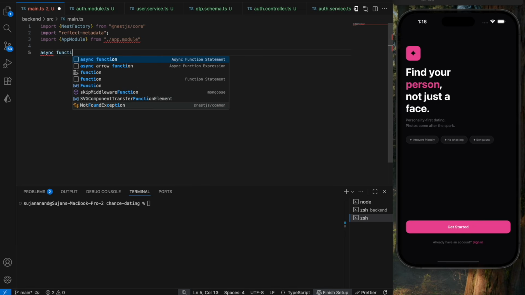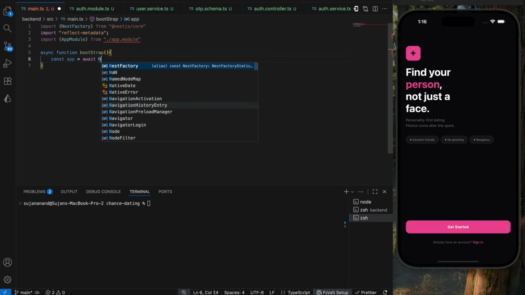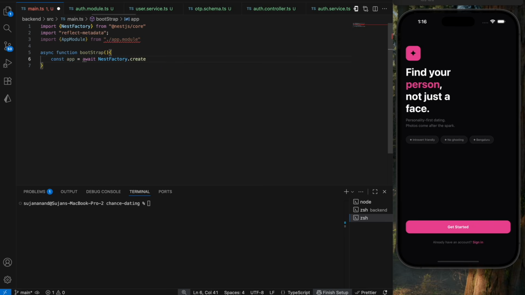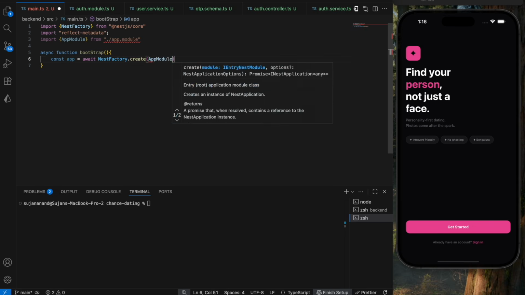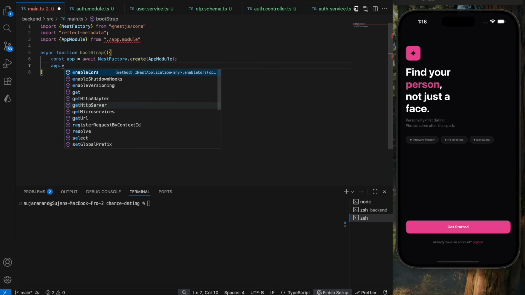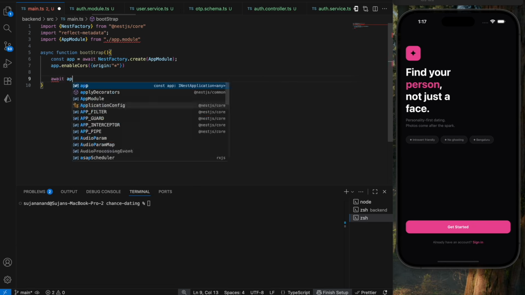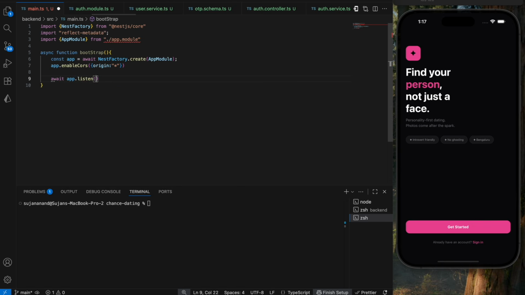I'm going to say async function, let's say bootstrap for now. So over here I'm going to say const app is going to be equals to await NestFactory.create, and this in turn is going to take in the module. I'm going to say AppModule. Once that's done, I'm going to enable the CORS. I'm going to say app.enableCors. For now we're going to pass on everything, so I'm just going to provide a star over here. Origin is going to be star. Alright, once that's done, I'm going to say await app.listen on 3000, and here I'm going to say console.log